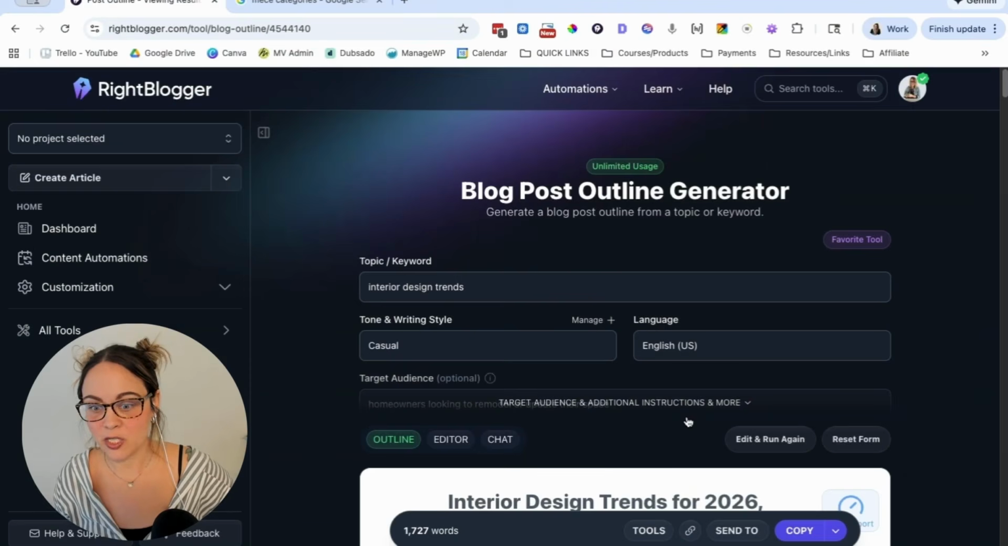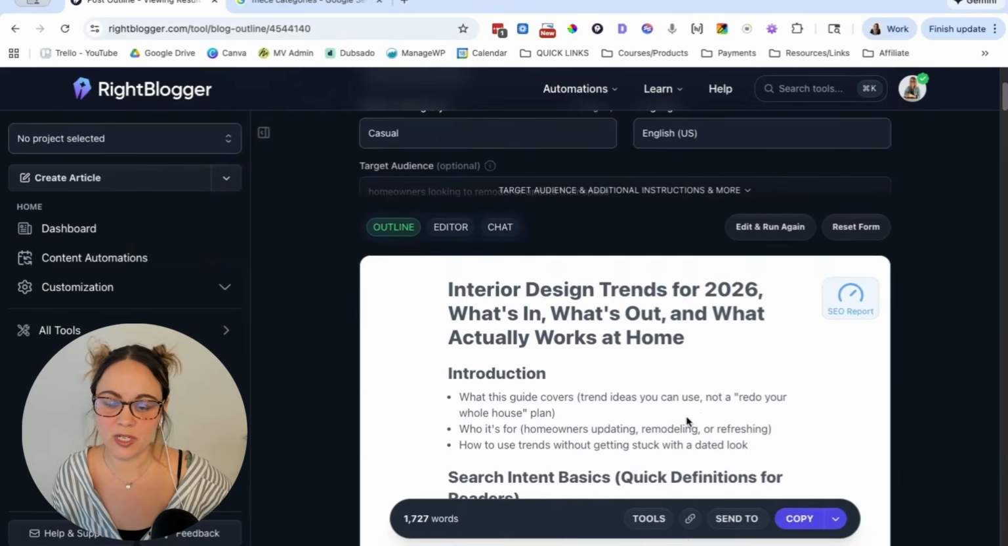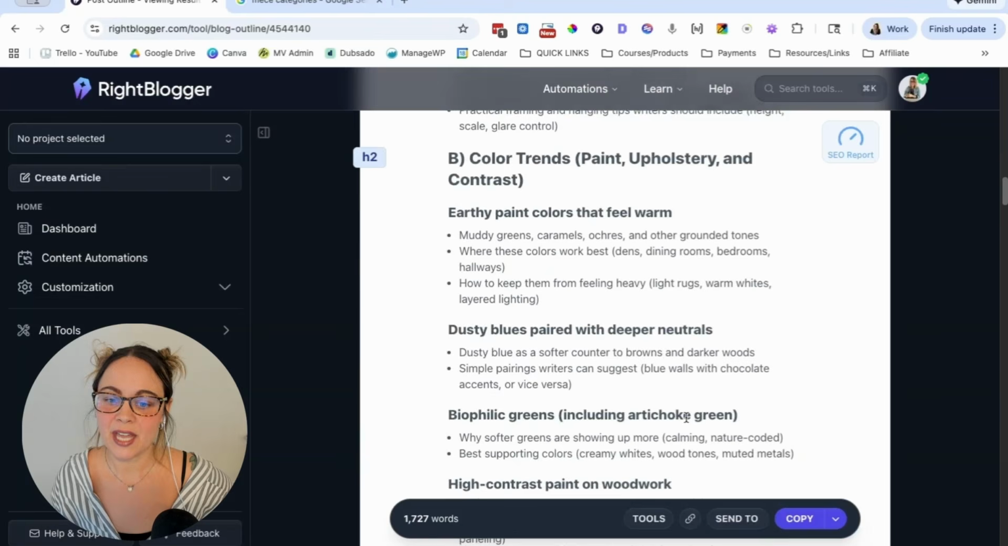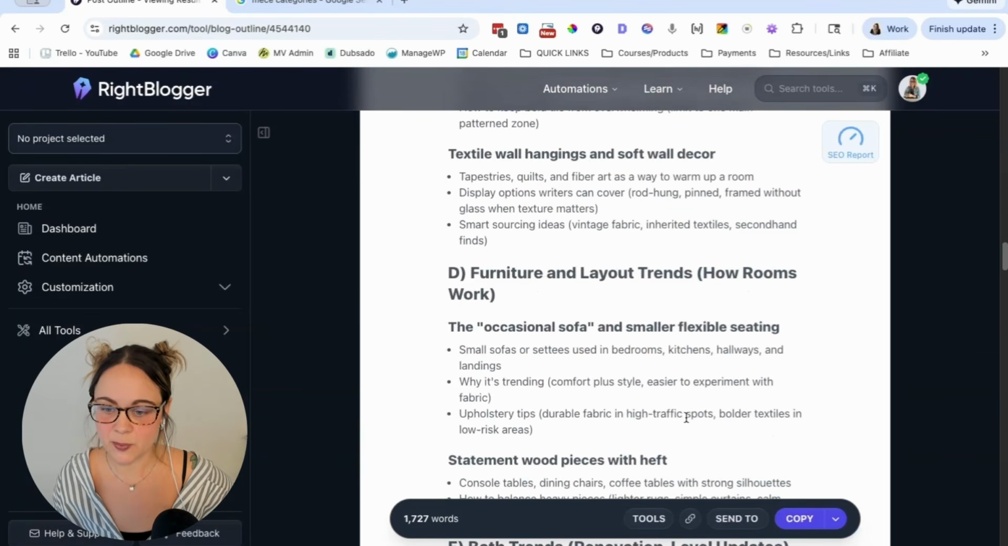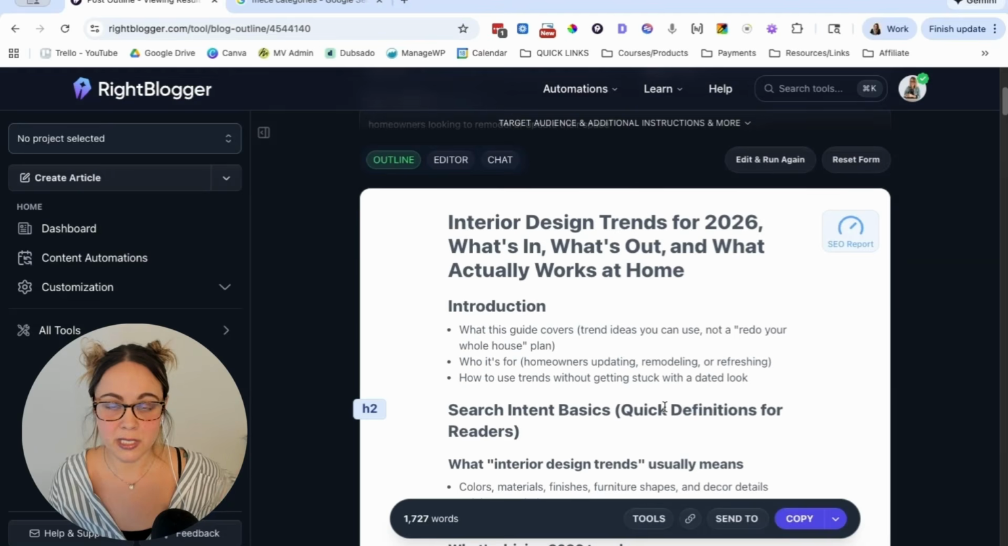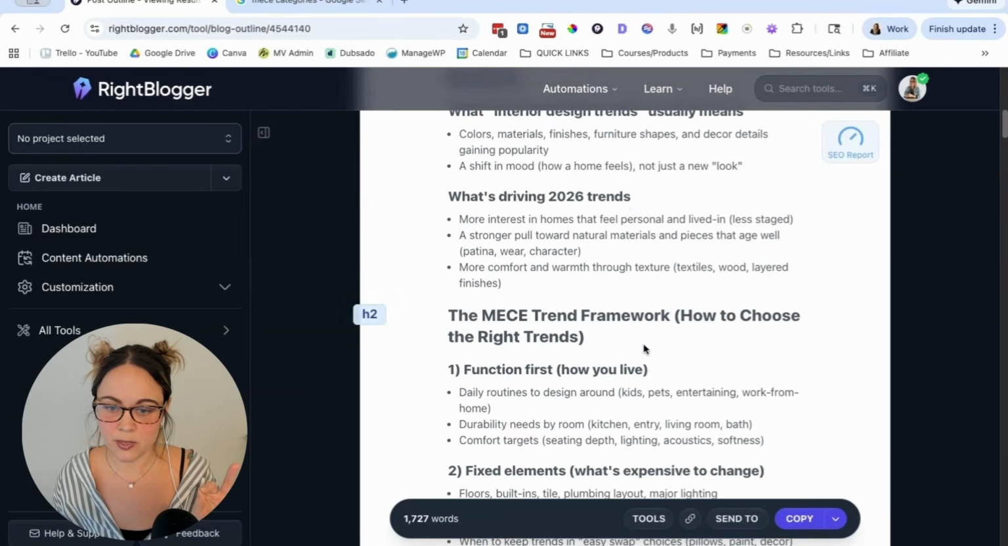And now, after just a couple clicks and a target keyword, we have a full blog post outline that is based on a very specific target keyword. And so these blog post outlines, I will say they are very, very in-depth. So if you see